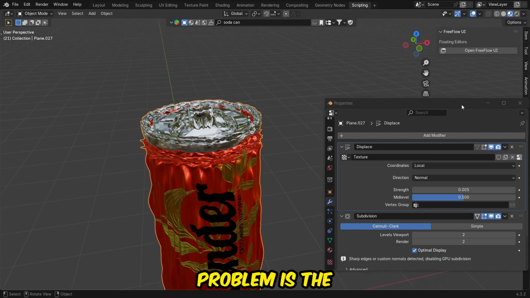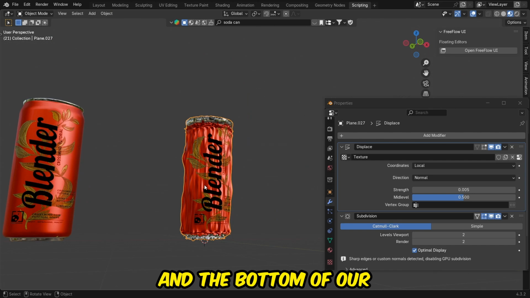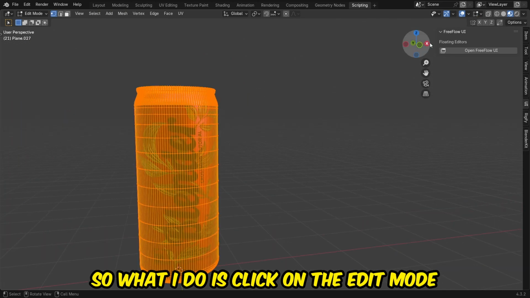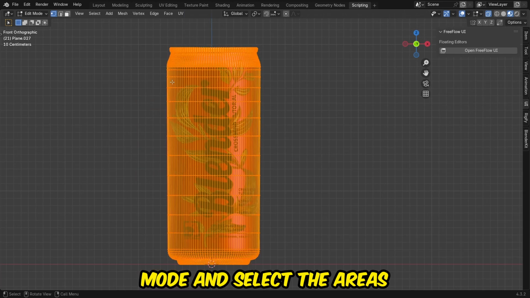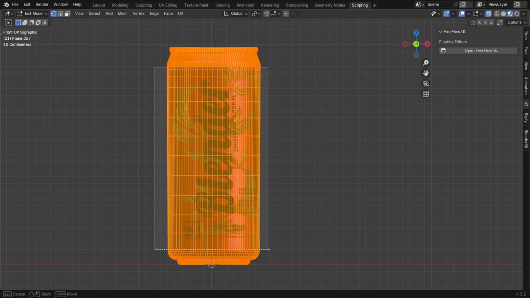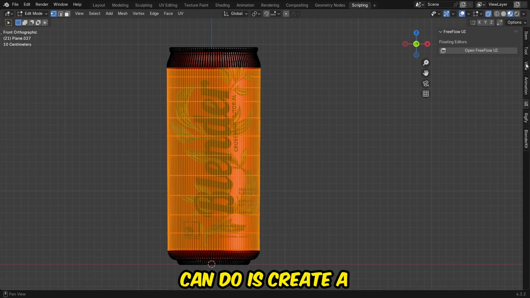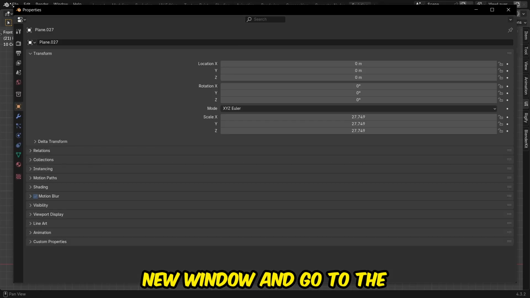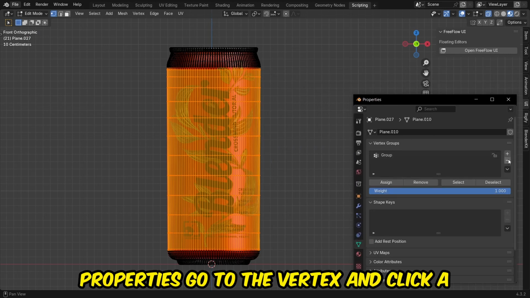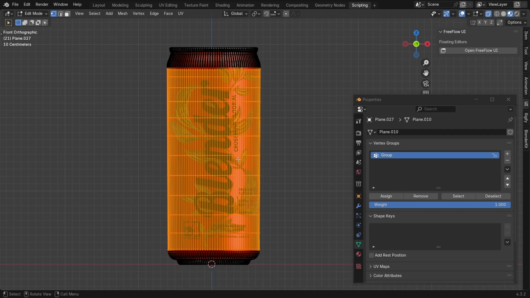Now the problem is the displacement is working on the top and the bottom of our can. We don't need that. So what I do is go into edit mode and select the areas which we need the displacement to be affecting. So let's select these areas, and then what I can do is create a new window and go to the properties, go to the vertex and click a new group,